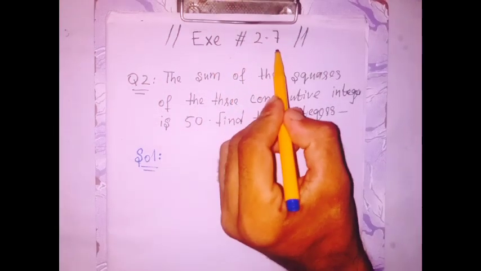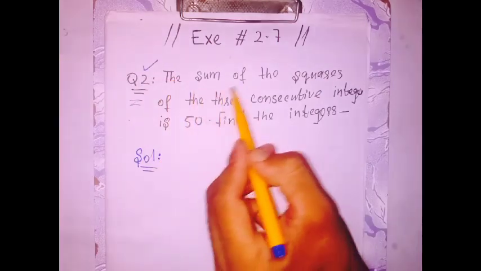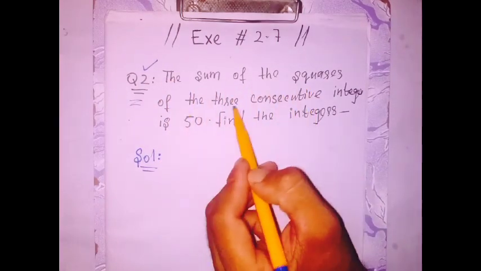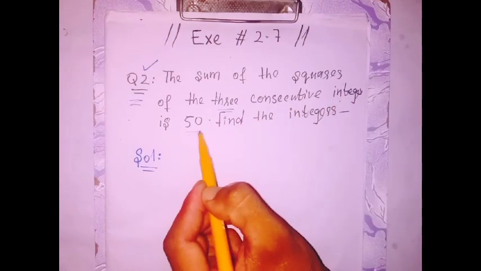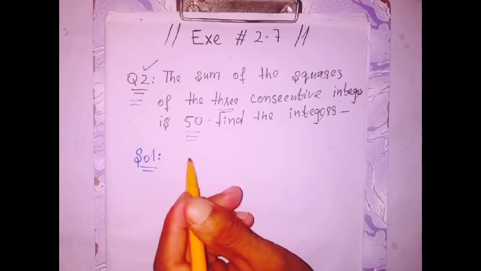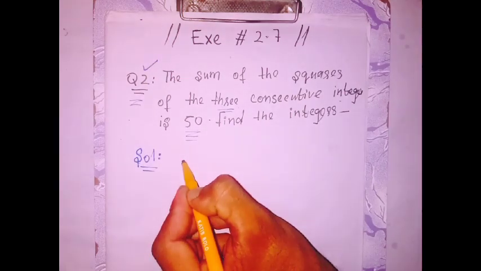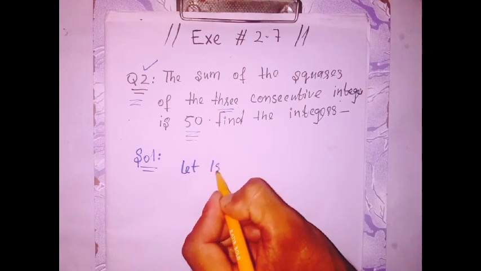In this video I'm going to discuss exercise 2.7. Here we have question number 2. The sum of the squares of three consecutive integers is 50. Find the integers. So the solution of the given question is, but first we let the first integer be equal